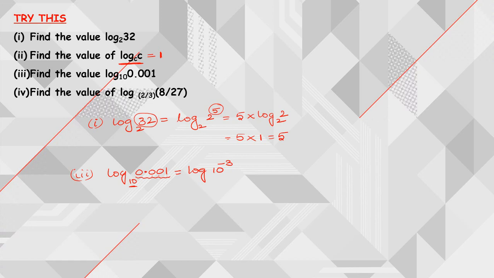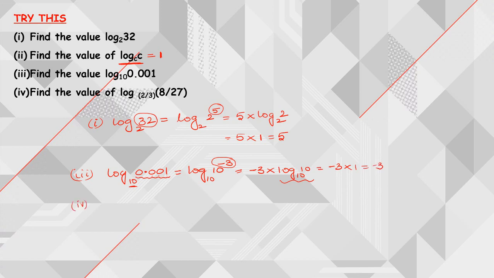So already you have learned this in scientific notation, right? So logarithm of 10 power minus 3 to the base 10. Again you can clearly observe that this is a power. So using the power rule, I can write it as minus 3 into logarithm of 10 to the base 10. And we know that log 10 to the base 10 is nothing but 1. So minus 3 into 1 is nothing but minus 3.